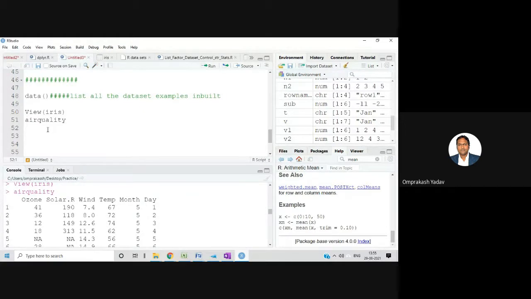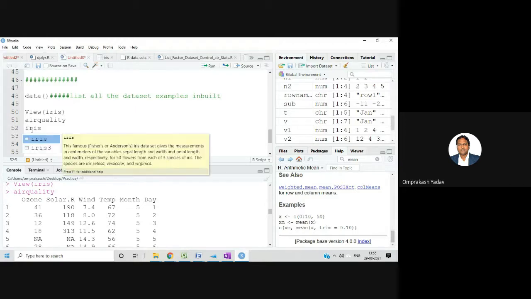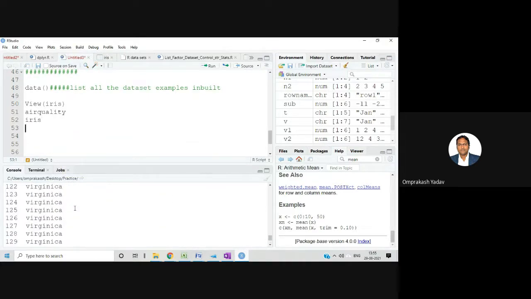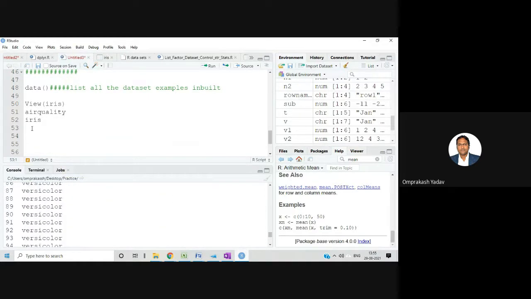Okay. So if I simply write iris and press control enter, I can see the content like this also. But let's view it with the view function, and here I'm writing air quality, so you can see it in a proper format.